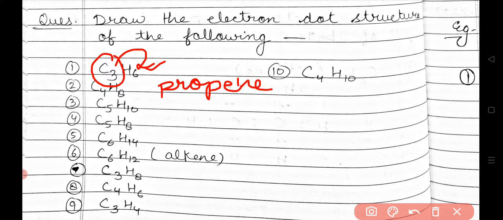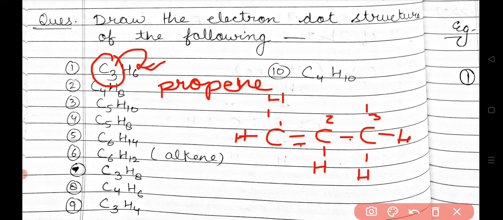So what formula will we use for propene? The 3 carbons are connected by single bonds, and between 2 carbons there is a double bond. By putting in hydrogens, the valencies are fulfilled for the first carbon, second carbon and third carbon. The first carbon contains a double bond, that is 2 valencies, and the other 2 are taken by hydrogen. The second carbon has 3 bonds, 1, 2, 3, then 4 bonds for carbon, so one hydrogen. Similarly on the third carbon we put 3 H, and if we count, the same comes out.